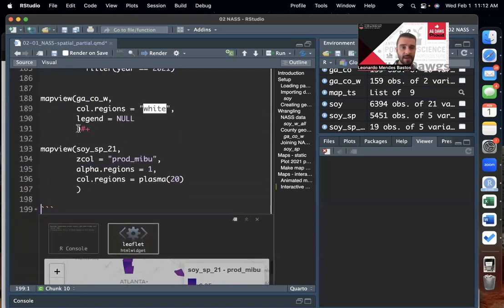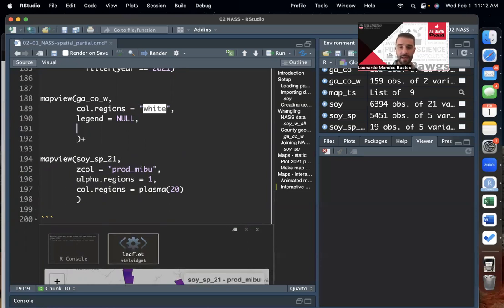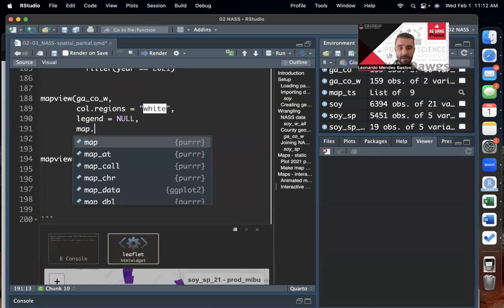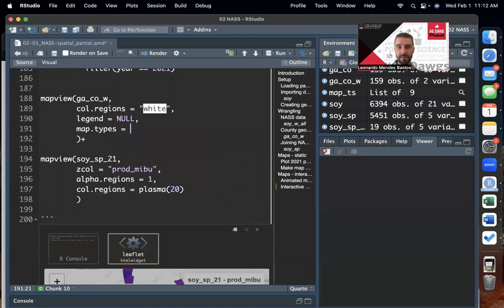So to do that, we can come back here on the first map view on Georgia County W, add a comma, and there is an argument called map.types. So in plural, map.types. And it has an option, so open and close parentheses, called Carto with C uppercase, DB, so DB also uppercase,